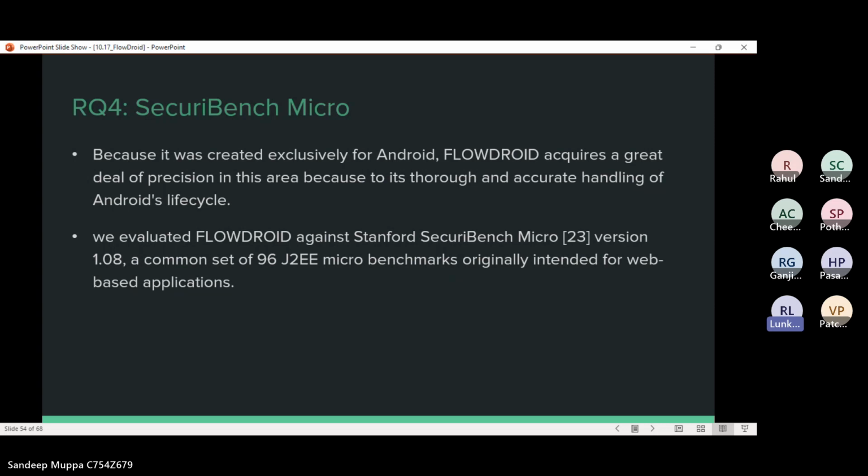FlowDroid was also evaluated against many more software versions. If we have to name them, it was Stanford SecuriBench Micro, version 1.08, and the J2EE micro benchmarks, 96 of them, and then for web applications, all these versions of software were evaluated against.